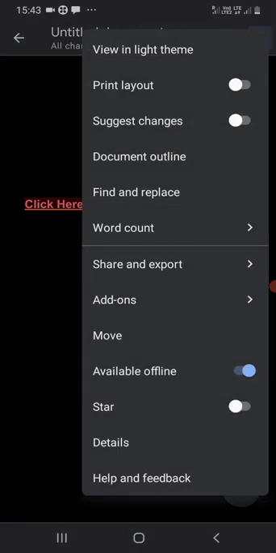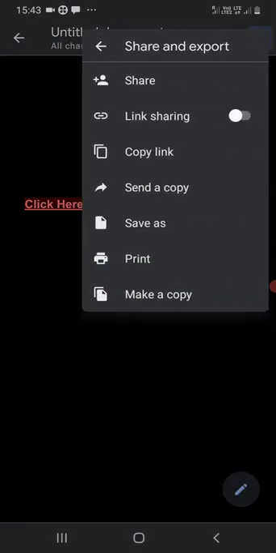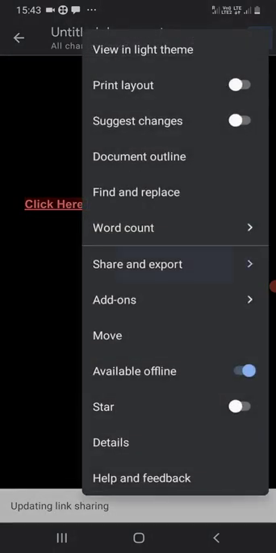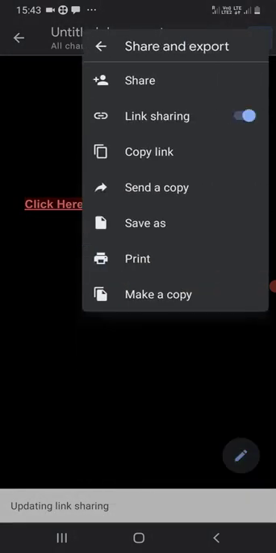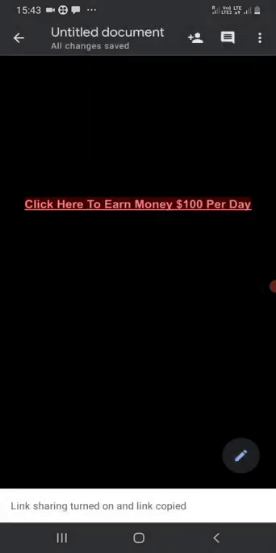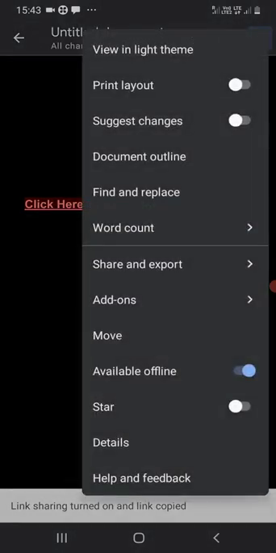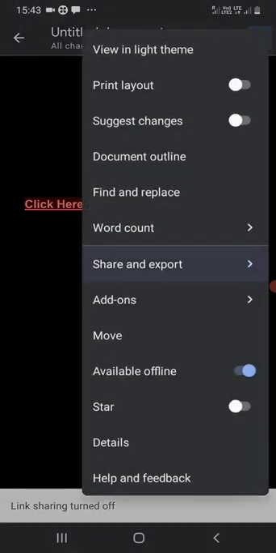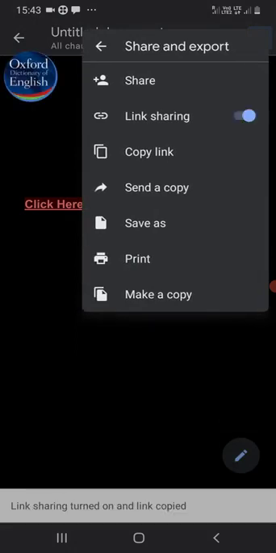And what we will do here, simply click on this triple dot at the top right corner here, click on share and export, okay, and click on link sharing, enable the link sharing. Link sharing should be on, okay, just make it on like this. Now you can see it is on, okay. Now copy link,